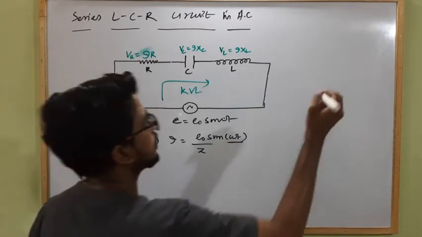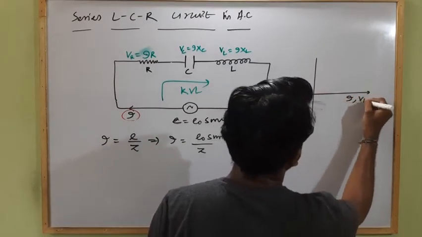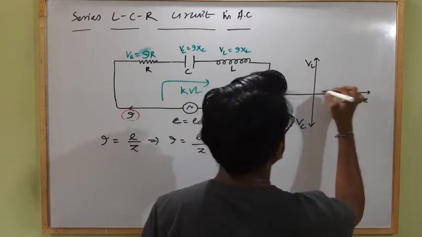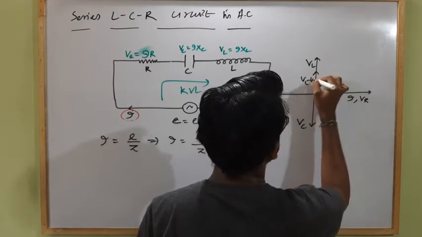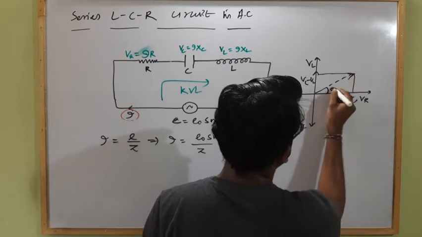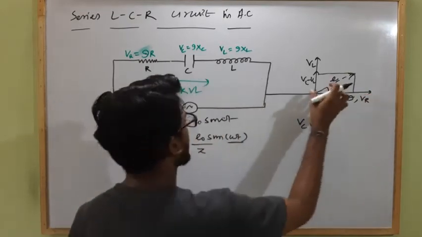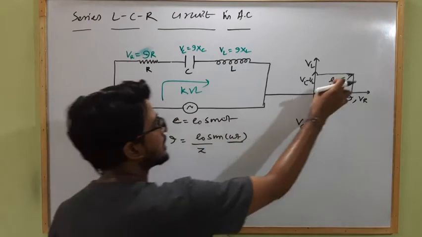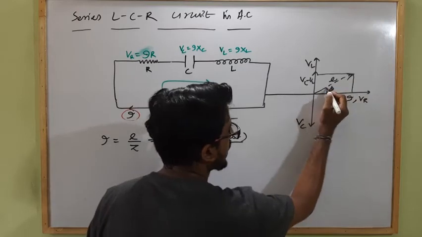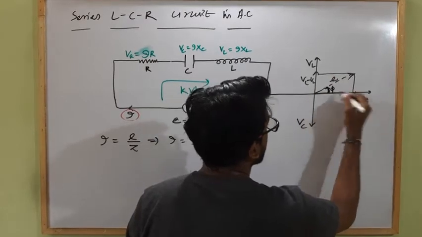Why? As we already studied in the phasor diagram, if this is I, this is VR, this is VL, this is VC. Clear? And the resultant will be along this direction, VL minus VC. So the resultant of these three will be like this, and this angle will be phi. Here is the net resultant E, but here is the direction of I. That means if at any instant E equals E naught sin omega t, this is the phase for E. Then what is I? For I the phase will be omega t minus phi, because E leads I by phi, because here is I, E is here.